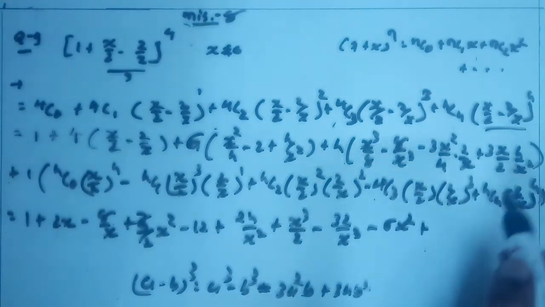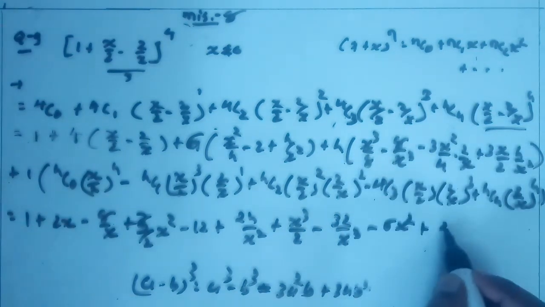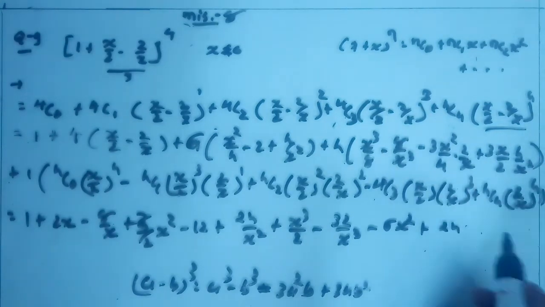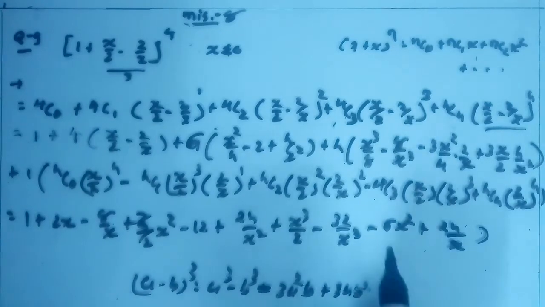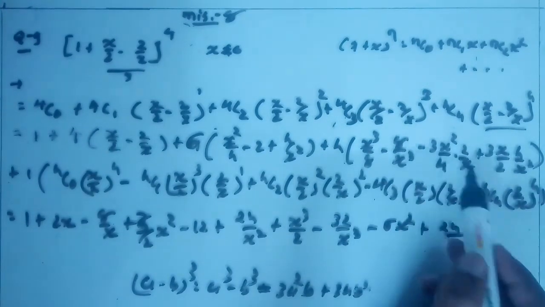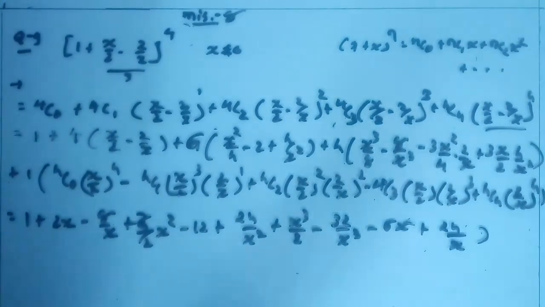plus here 4 into 4, or 4 to 2 to 4, 3 to 6, 6 4 24, 24x upon x square, that is here 24 upon x, okay. Here 4 cancel, 3 to 6, x square upon x becomes here x only, clear. Now